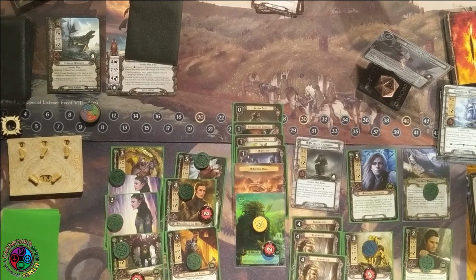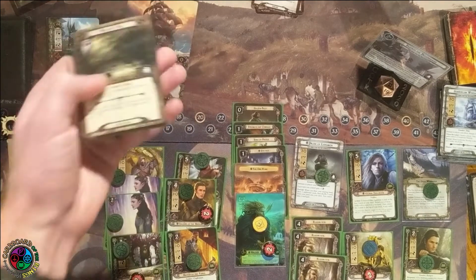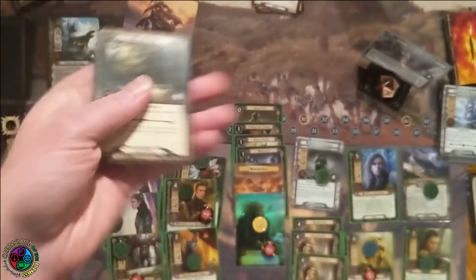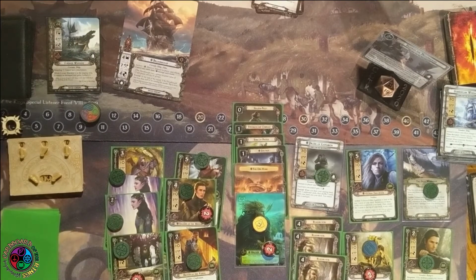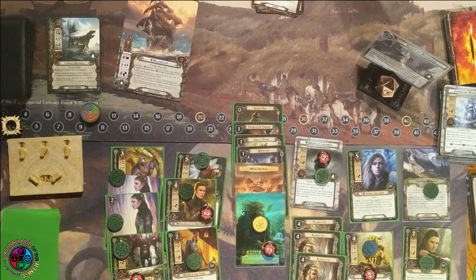I'm going to get attacked by this massive ship. I'm defending with my ship, so it's 5 defense against 7 attack. There is a shadow: attacking enemy is immune to player card effects and plus 2 defense. I only can do 5 damage, so I'm going to swing for 11 if possible. My ship takes